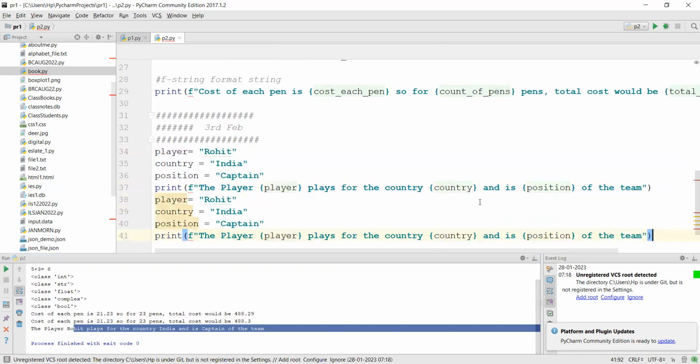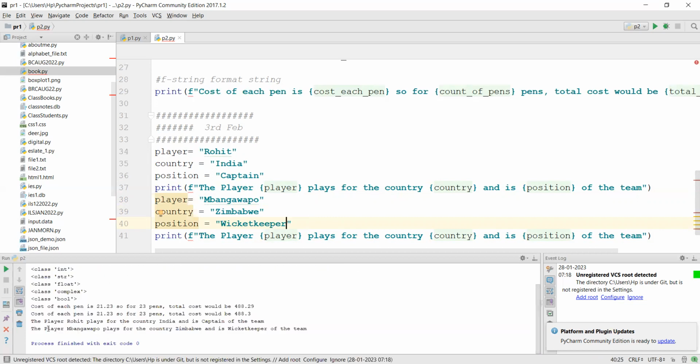And let's say this time I give some different name. And then here I'll say Zimbabwe. Okay, and let's say I put wicket keeper. So now when we run this, so if you see here, okay, now